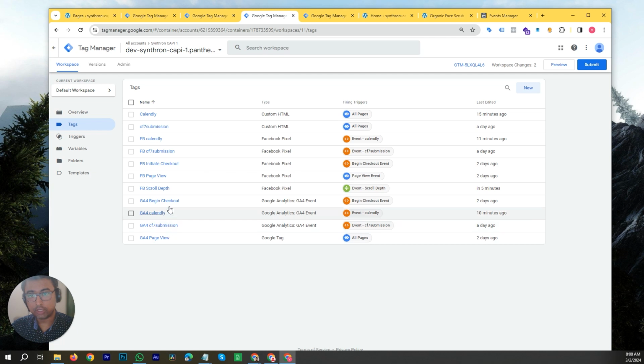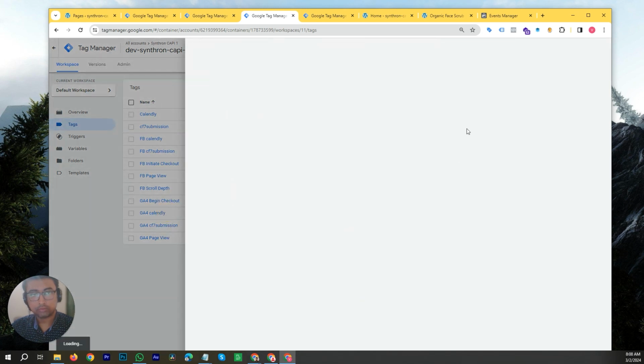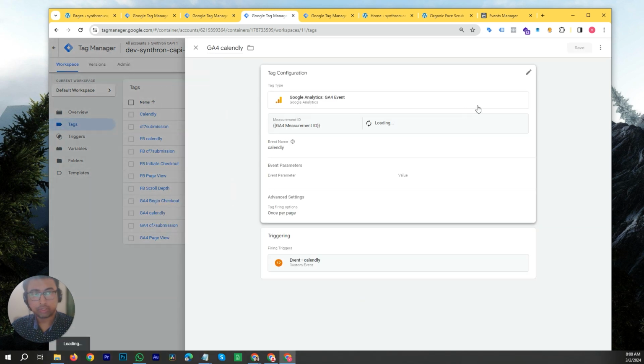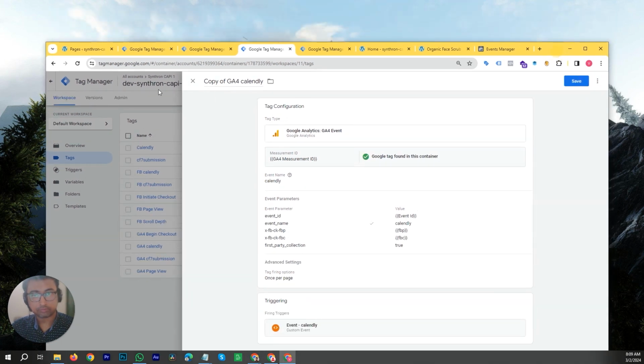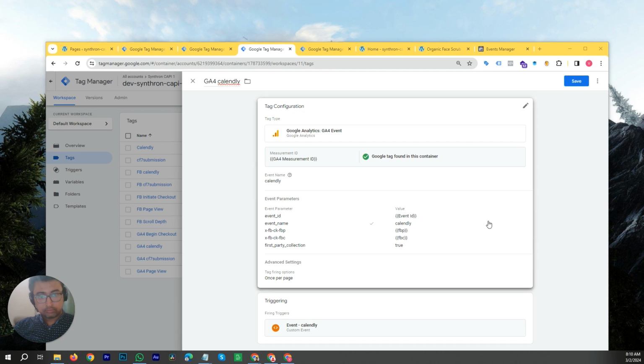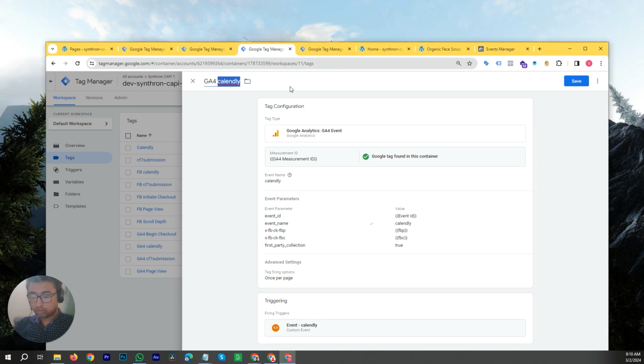We're going to create the same for our GA4 as well. Copy, and here put in the same name, scroll depth,